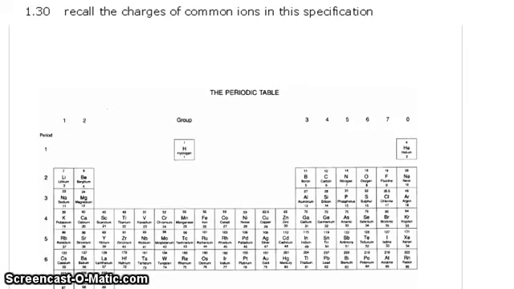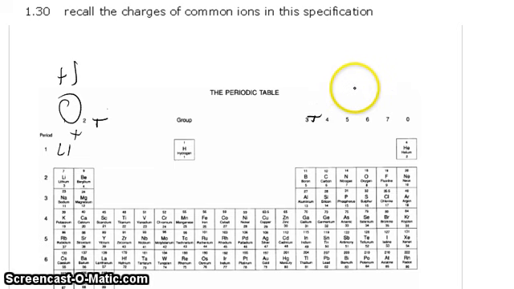So syllabus statement 1.30: recall the charges on common ions in the specification. Now the majority they want you to know can actually be derived from the periodic table. So lithium is Li plus, so group 1 is plus 1, group 2 is plus 2, group 3 is plus 3, group 4 they don't really tend to ask, but